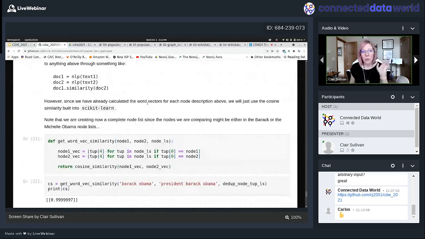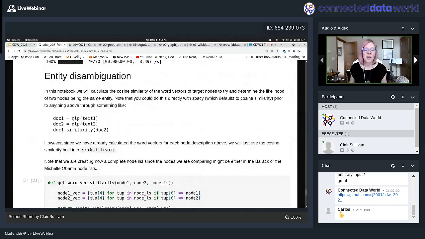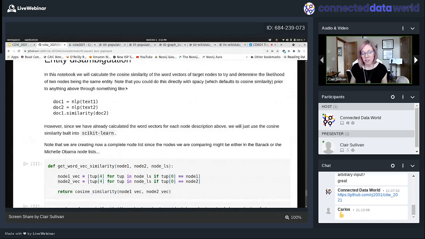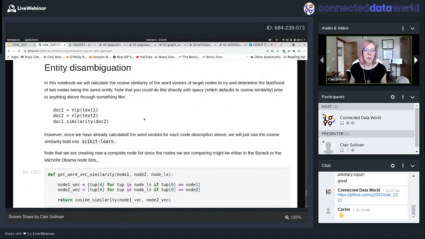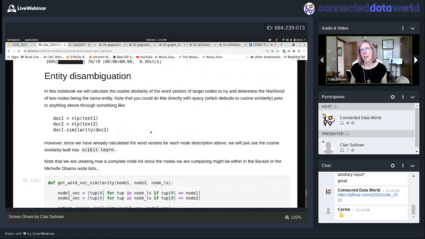Okay, so we're going to go through this whole process of entity disambiguation. I told you this is going to become a problem. You're going to see it when we start running code here. Entity disambiguation is going to say things like, is President Barack Obama the same thing as Obama with the phonetic spelling? Okay, we're going to start by doing that with traditional NLP.